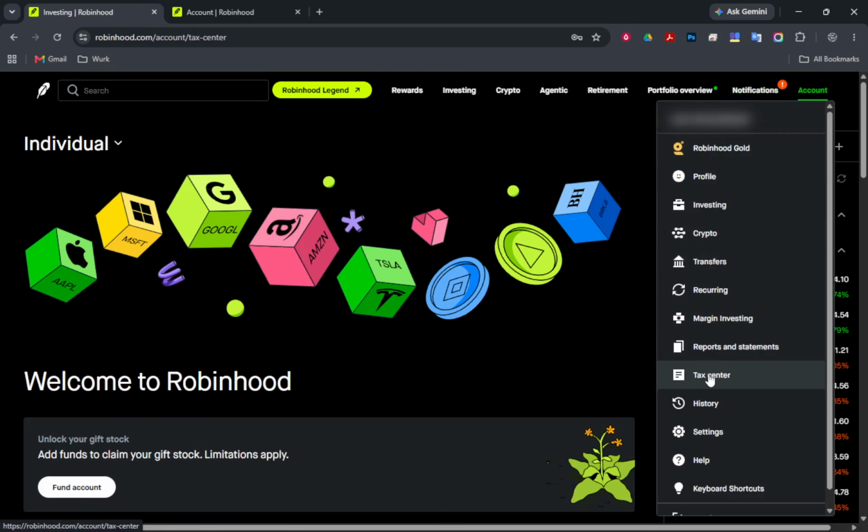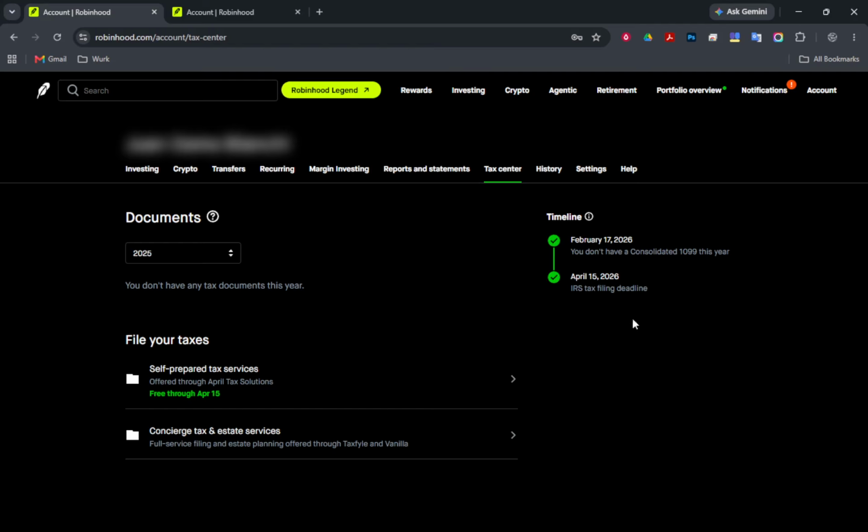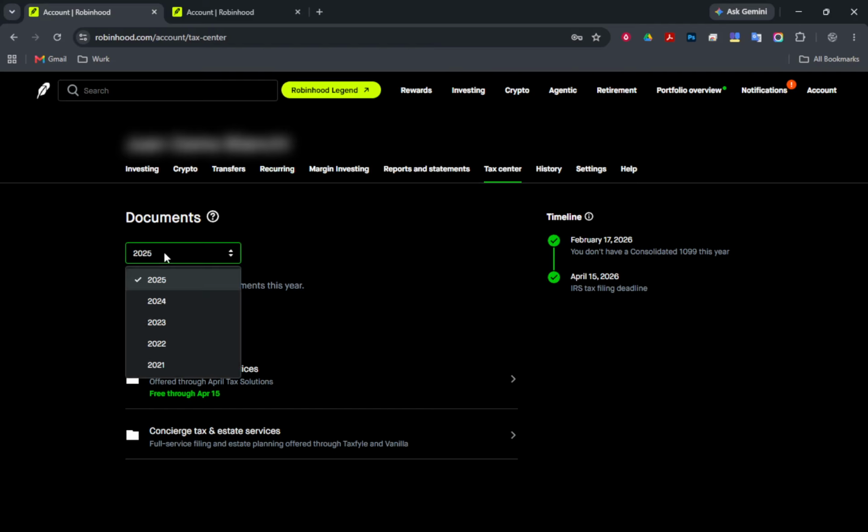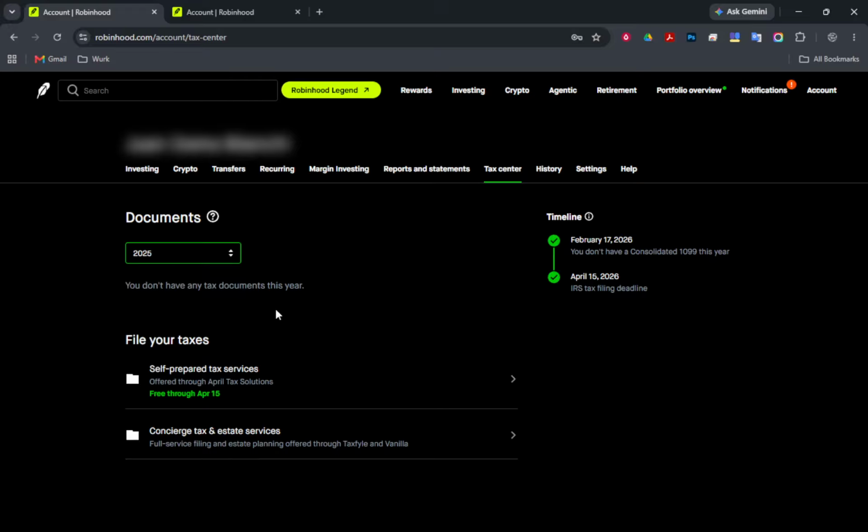After reaching the Tax Center on the website, you'll need to select the tax year and document you are interested in. This feature is handy because it lets you access documents from multiple years, making it easier to compare or check past filings. Once you have selected the document you need, download the PDF version of the form. Robinhood often notes that large tax documents may be easier to download from the web version. It's a good tip to keep in mind if you run into any issues on the app. Having a reliable copy of your tax documents is crucial for your records and any potential audits.